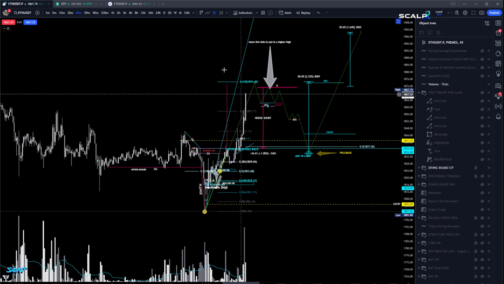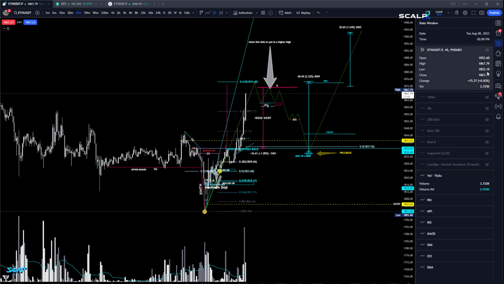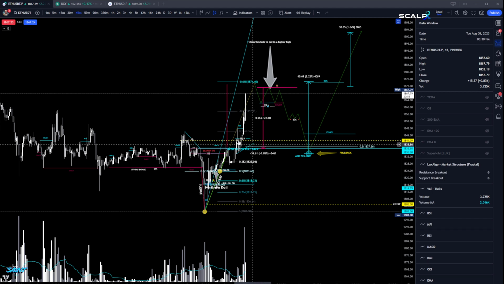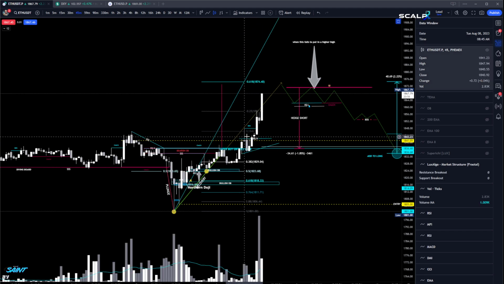We can bust through that. Then I would add to my long when we get back to 74. So I would want a break in structure. LuxAlgo has a great tool for this. If you don't want to sit there and map out all your break in structures, you can just do it right here. So we only have